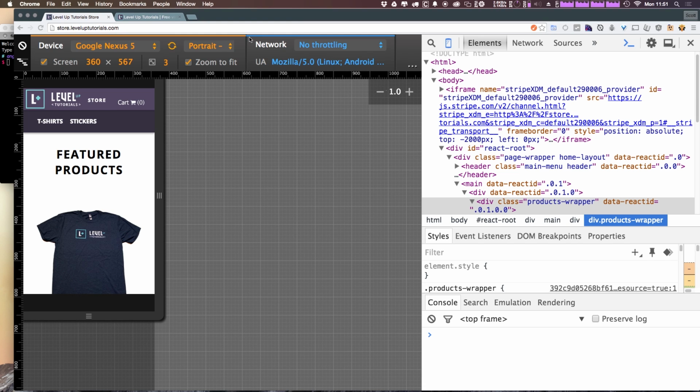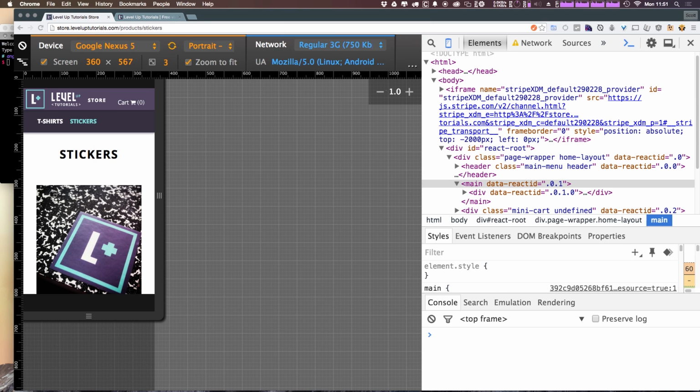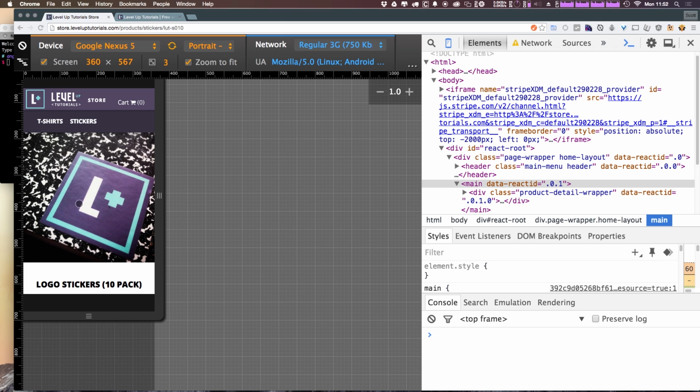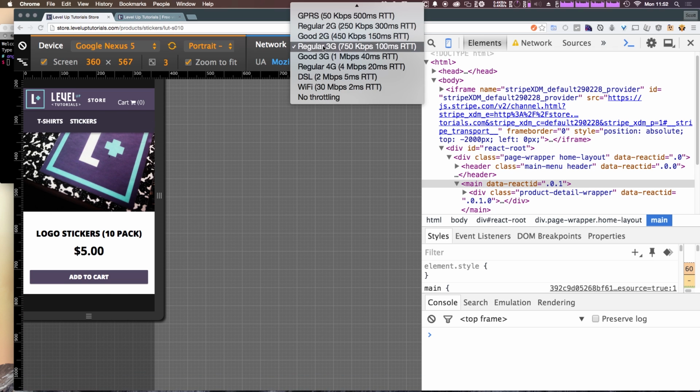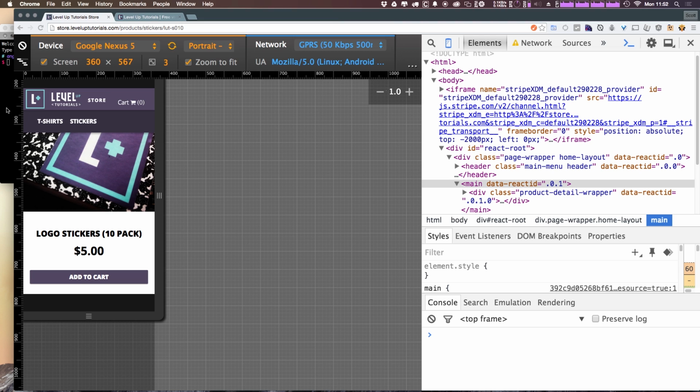Now, what's cool here is that we also have the option to add some network throttling. So we can say on a 3G connection, let's say a regular 3G connection, which is only 750, you can see that this site runs and functions pretty quickly. So that's a really nice thing that we're able to test these at different speeds. Now let's actually go ahead and just go with an even crappier network here. Now if we refresh the page,